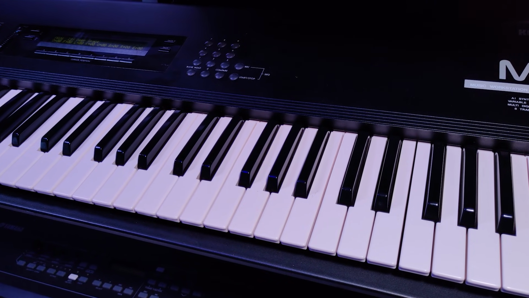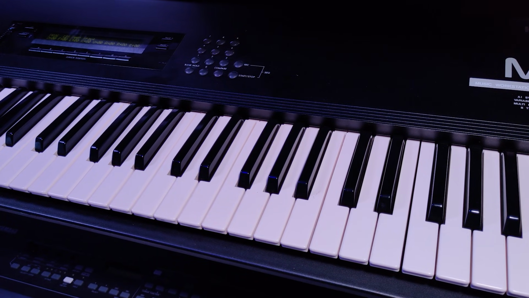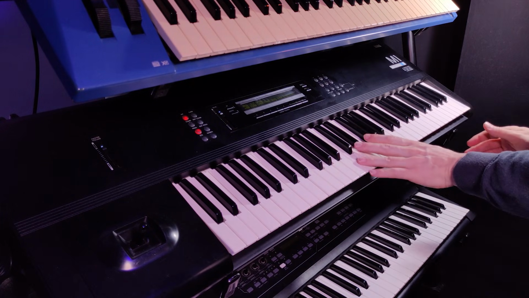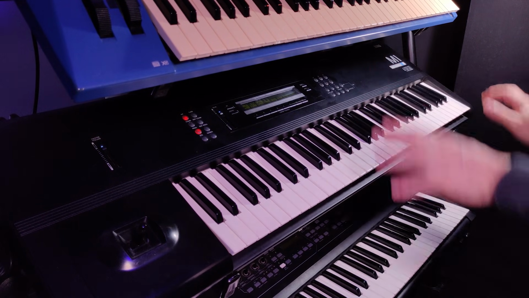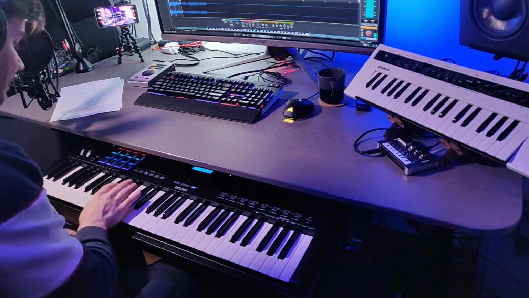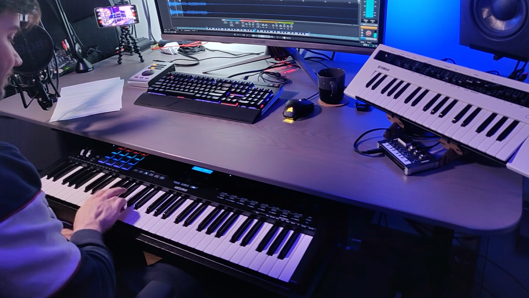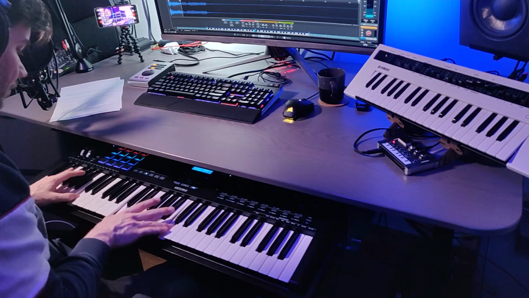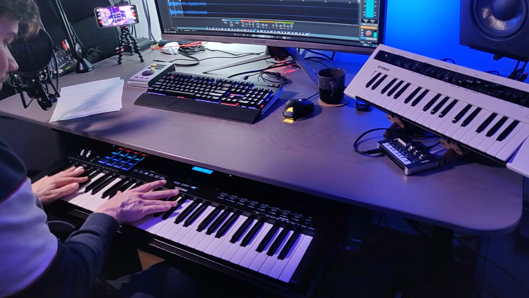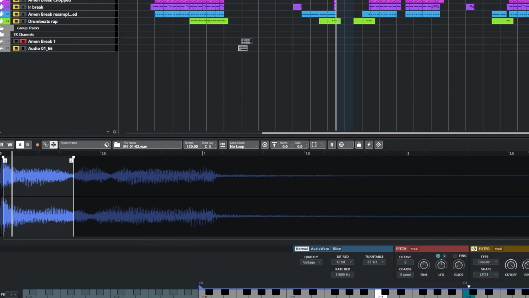I'll use the M1 because that certainly was one of the synths you would find in many studios at the time. I'm going to play a simple major chord with the organ patch. Put it in the sampler, layer it across the keyboard, and we're there. It works even better if you play it in octaves. For a track today, I went for this pattern.